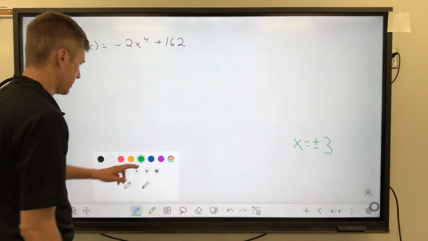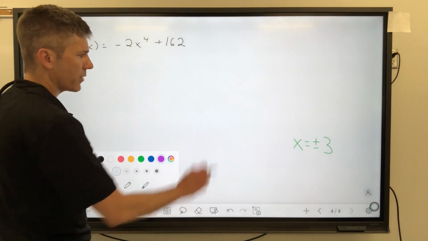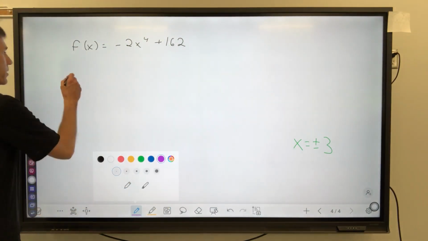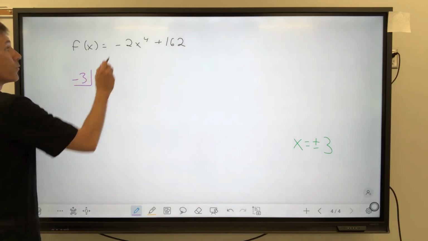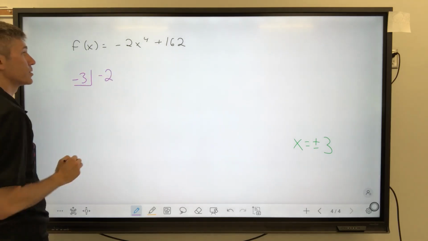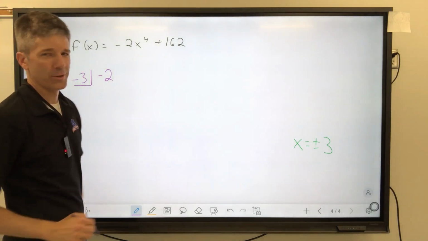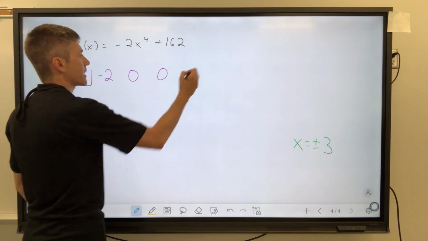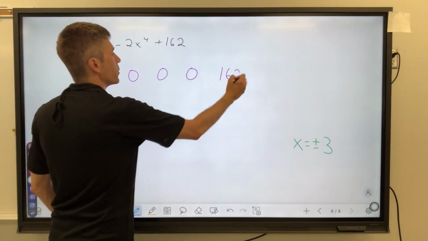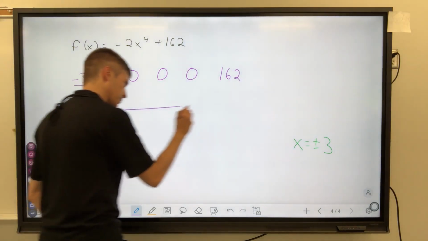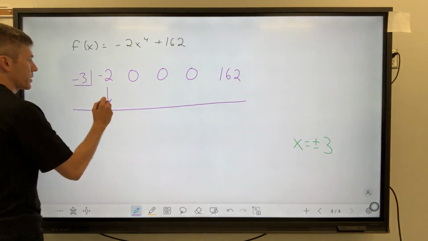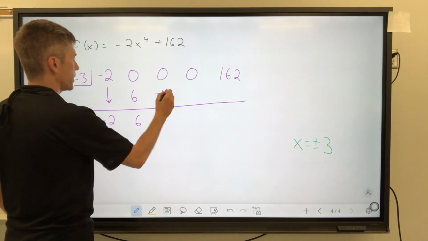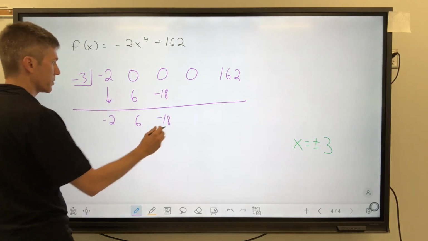Why don't we divide the 3 out and then divide the -3 out? It doesn't matter what order you do that in, but I'm going to divide out the -3 from this. So, -2, 162. Oh, no, no, no. -2x to the 4th, 0x to the 3rd, 0x to the 2nd, 0x, 162. There we go. We're going to bring down that -2, multiply, put it there, add, multiply, put it there, add, multiply,